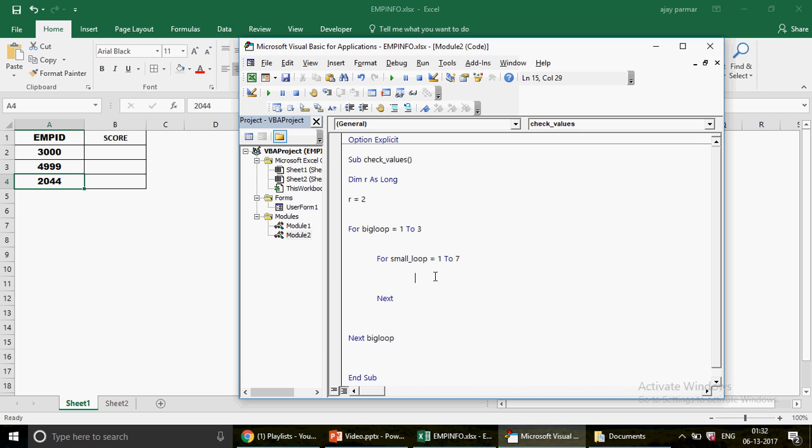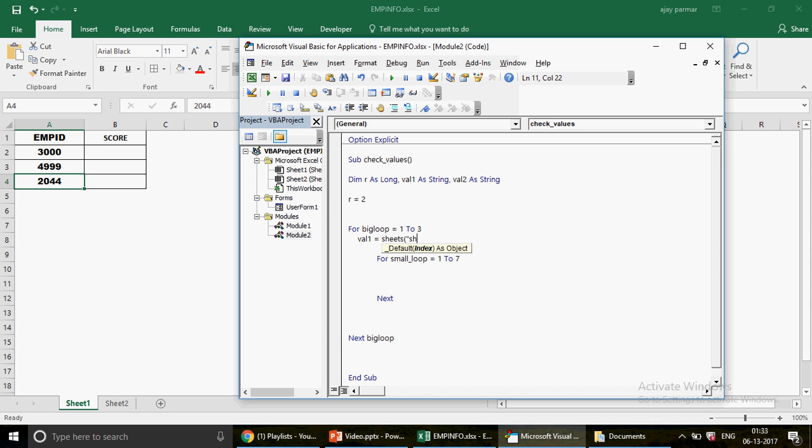So what we are going to do is simply use the comparison. I'm just going to write here a variable. Let's declare a variable called val1 as String, and there is another one which we are going to declare as val2, which is also as String. Okay, now what is val1? So val1 has to be equal to,